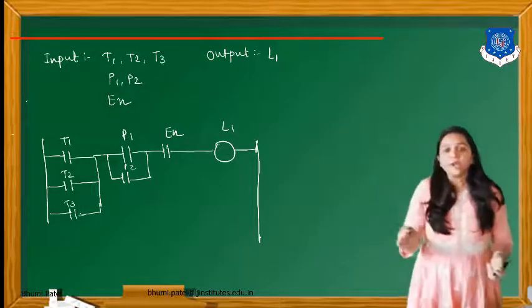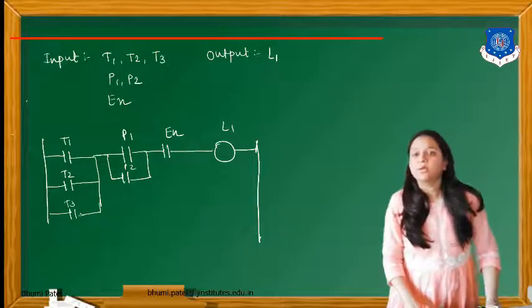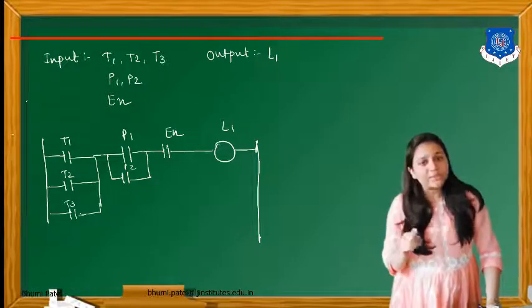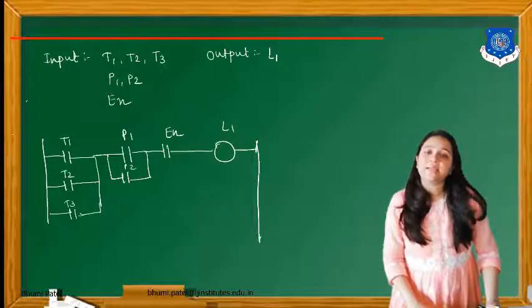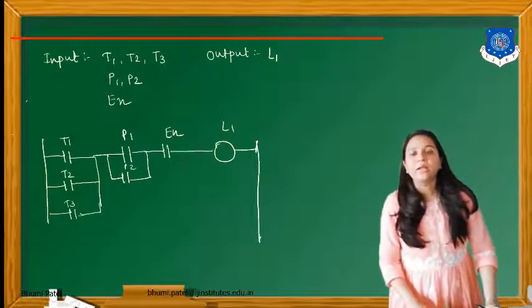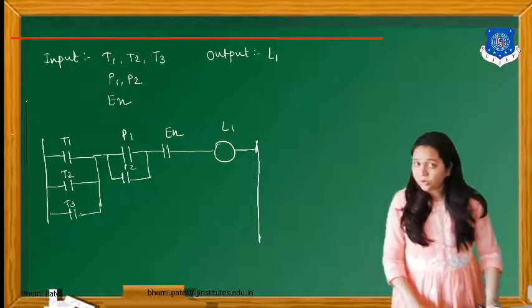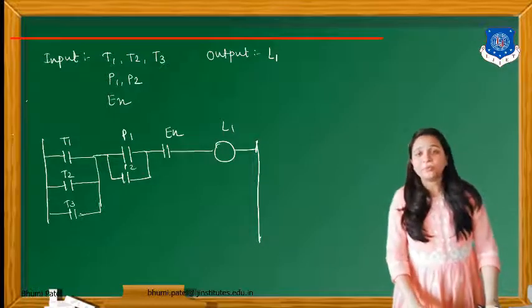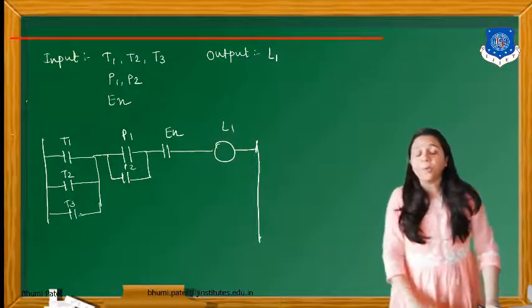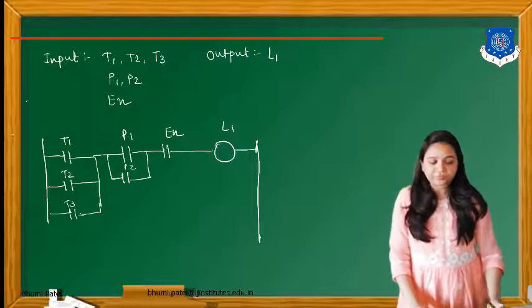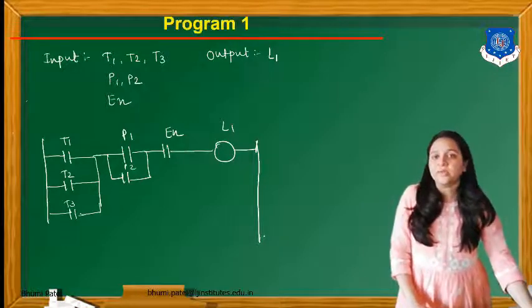If any one of the temperature sensors is on, any one of the pressure sensors is on, and enable is activated, at that time lamp L1 is on. Here we can use normally open contact connections. Clear? Now the next one is